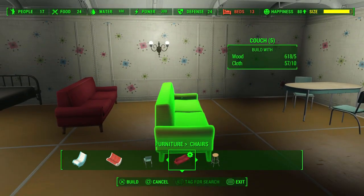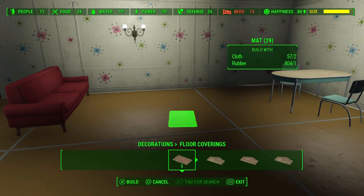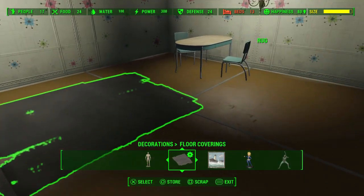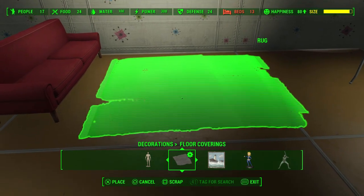I wish they gave us clean rugs, because I feel like I want to put a rug on these floors, but they only have the creepy, yucky rugs with holes in them. And that would look just so dumb being there. I don't know. Maybe it wouldn't. I mean, for one thing...